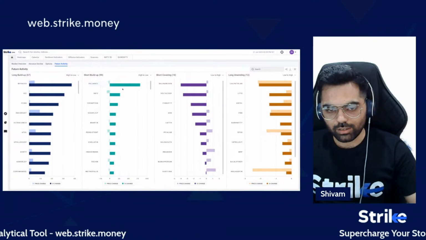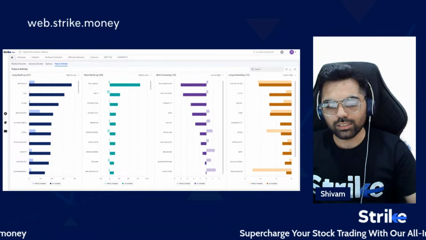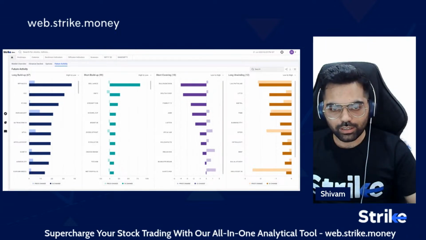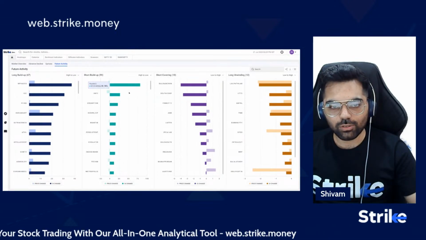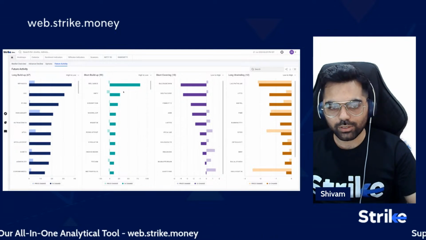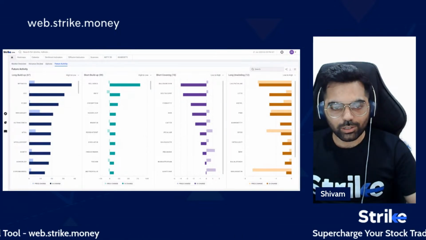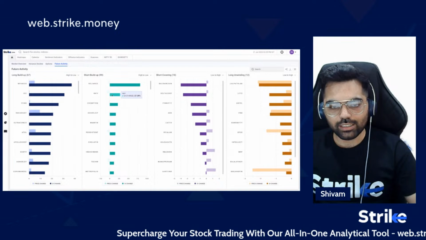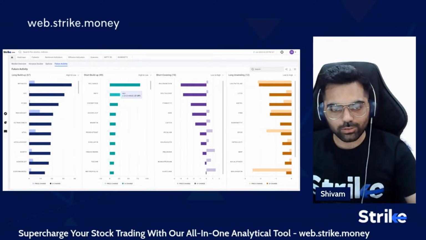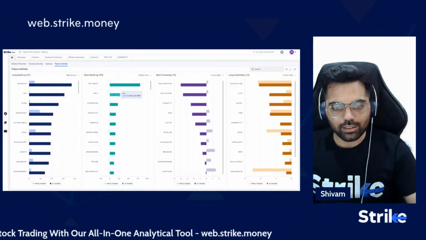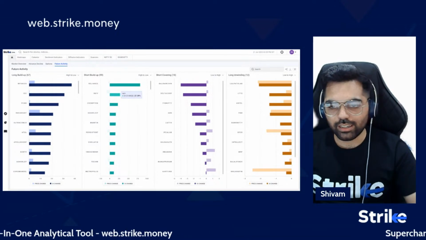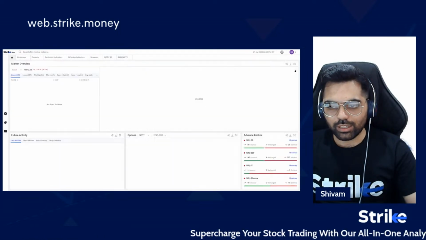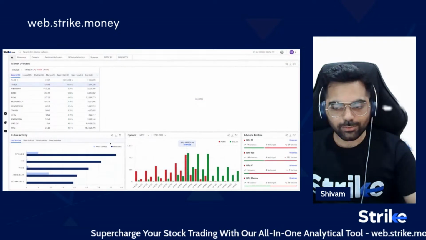But this number may not reflect ideally, because the contracts for Reliance expired on 19th July due to the corporate event, that was a demerger, which is why this number may be reflecting an absurd figure. But nevertheless, it's a short buildup according to the definition. Similarly, Infosys, which had weaker earnings yesterday overnight, is also down by 8%, and there is a 27% increase in OI, which is hinting at a strong short buildup. So that's the gist of how the market is placed and what the action is in the F&O market today.